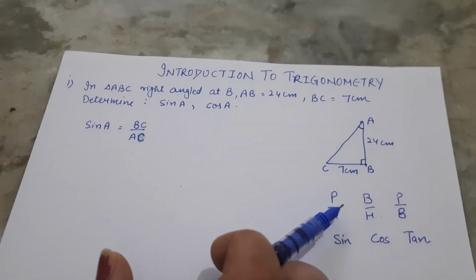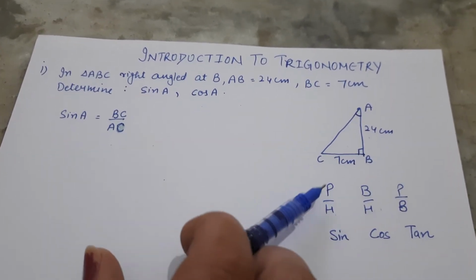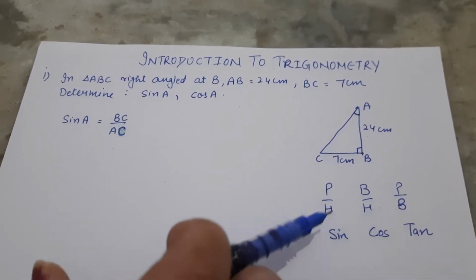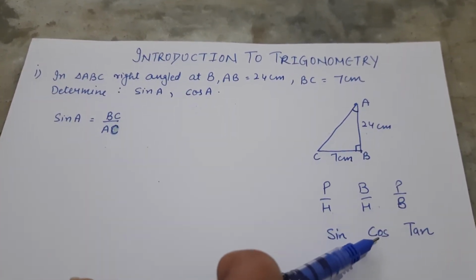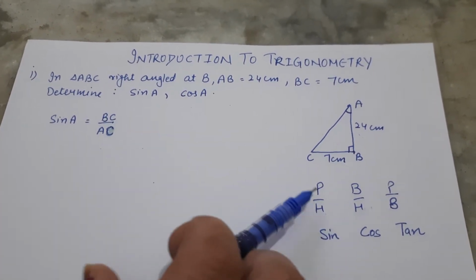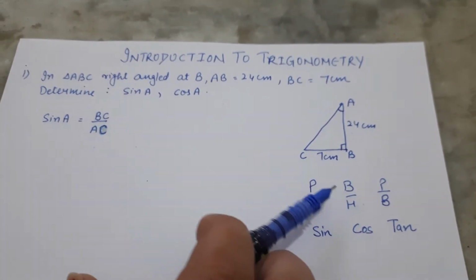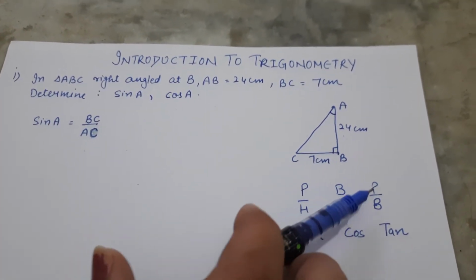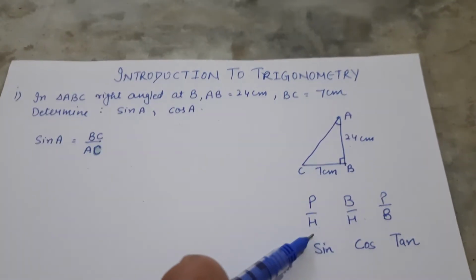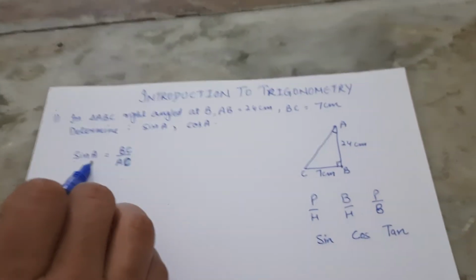As I already discussed in my previous video, how we can learn this sine, cos, tan is a very easy way. Pandit Badri Prasad har har bole, sona chandi tole. Sona means sine, cos, then tan, right? So this is our perpendicular and this one is our hypotenuse. Sine is perpendicular upon hypotenuse, cos is base upon hypotenuse, tan is perpendicular upon base. You can even say the opposite side to the adjacent side, right? So we want to find this value of sin A.